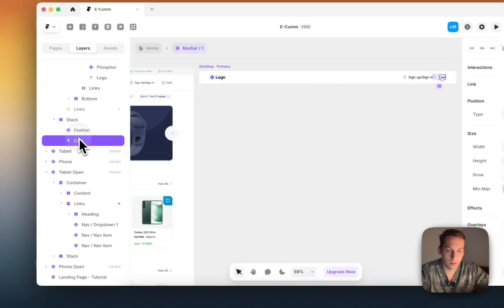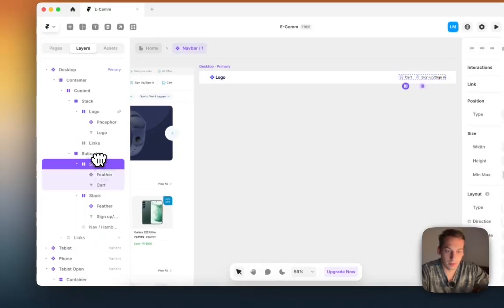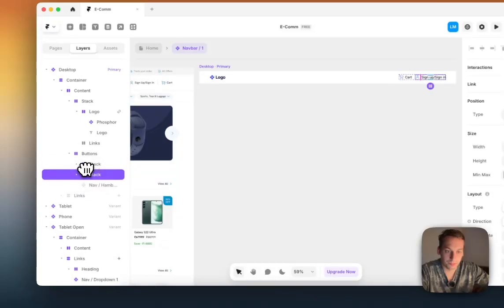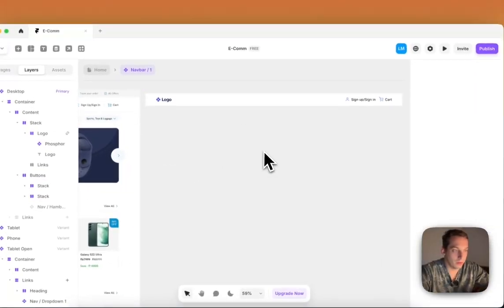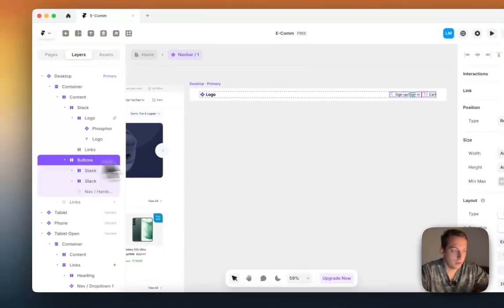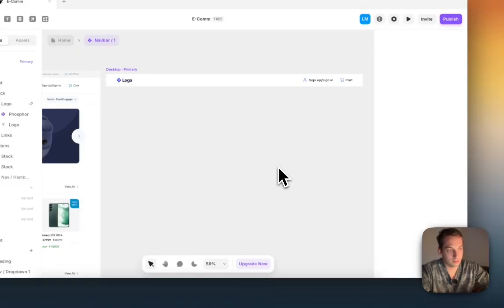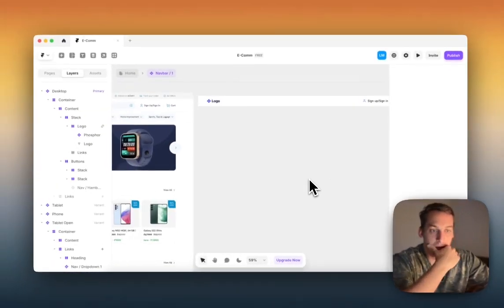Perfect. Actually, it needs to go in here. It's gonna go in the buttons. There we go. So we got the first one and the second one. We would want to increase the gap a little bit. There we go. And then we have